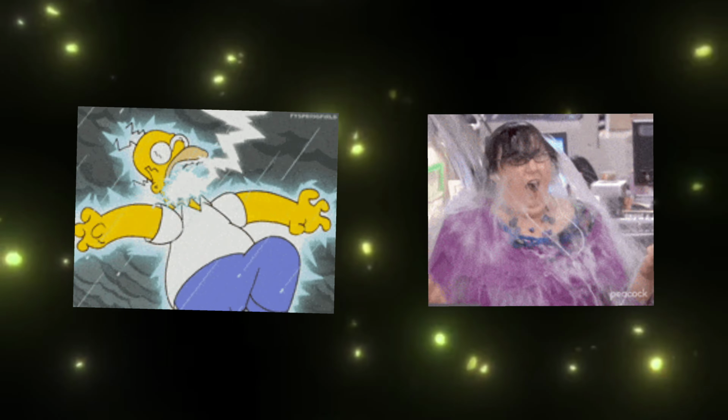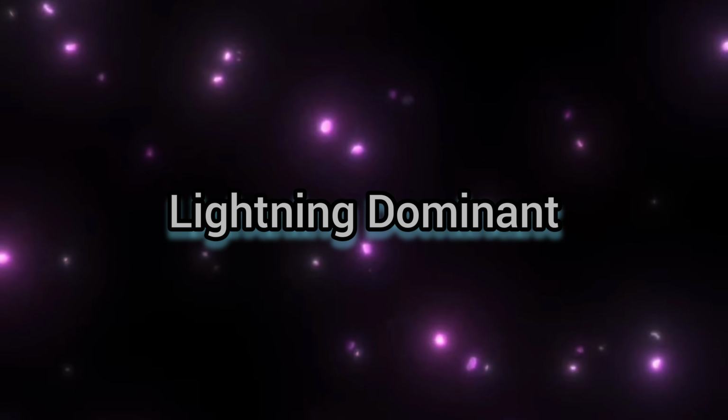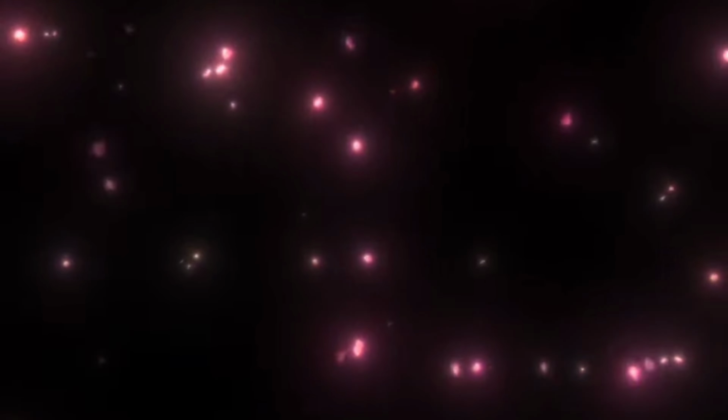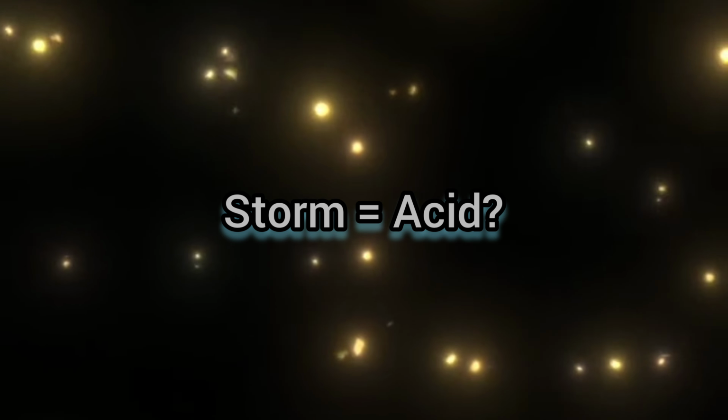Both lists have the same reasoning for why this Kekkei Genkai is a combination of lightning and water, but list 2 emphasizes that this release is the lightning dominant combination of these two elements, which distinguishes it from the controversy of the water dominant list that had acid release as a combination of these two elements as well. Both lists seem to agree that storm release is definitely a lightning release Kekkei Genkai, so it avoids that awkward